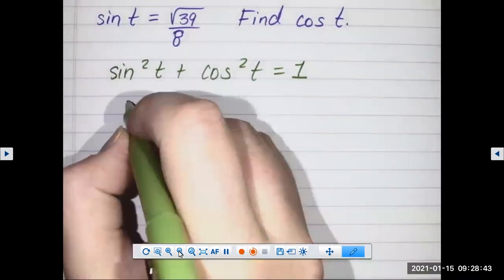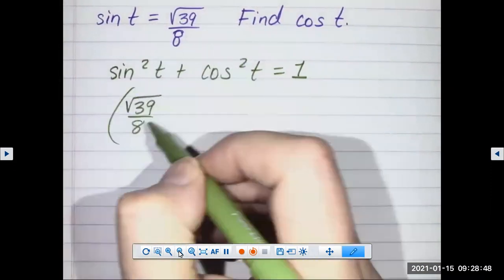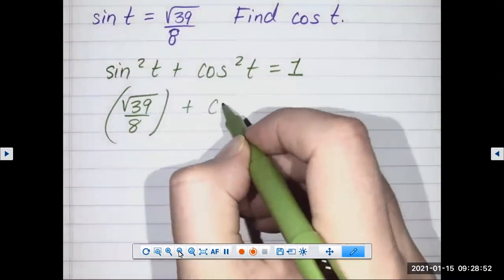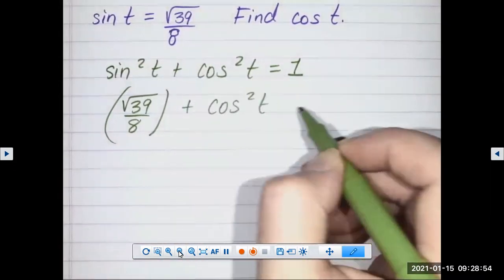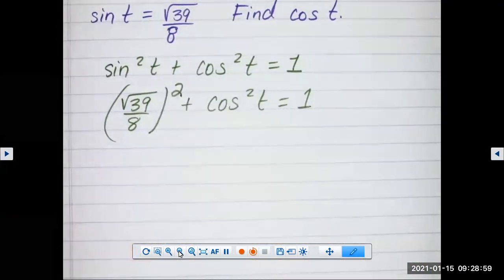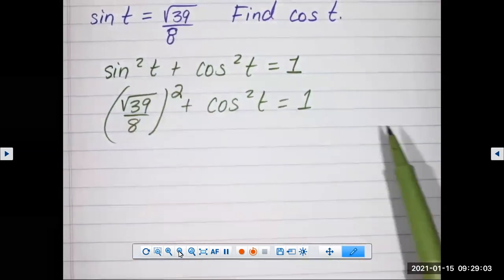Okay, so plug in root 39 over 8 for sine, and what are you going to do with that? It's got to be what? It does have to be subtracted, and it's got to be squared. So sine of t squared plus cosine squared t